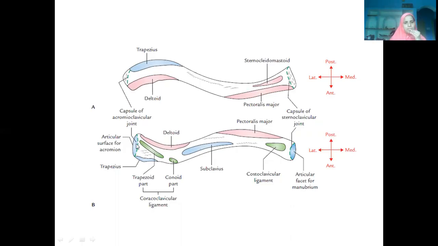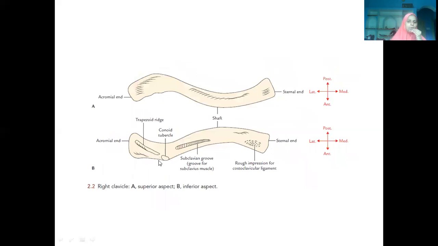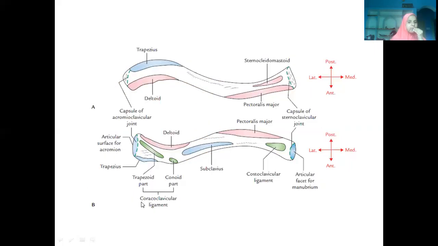Okay. Now, which end is this? Lateral, also called acromial end. Okay, and we know it is articulating with the acromion process to form the acromioclavicular joint, the margins of which give attachment to the capsule of the acromioclavicular joint. Then like in the previous picture, you have found two bony elevations. One is conoid tubercle and the other is trapezoid ridge. I told you it gives attachment to the ligament which is attaching to the scapula.